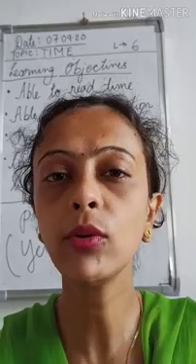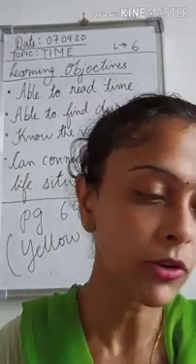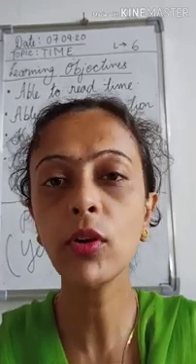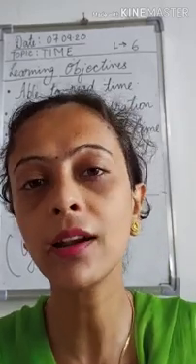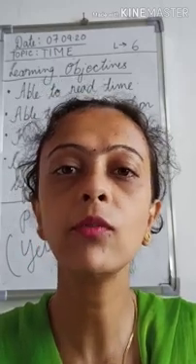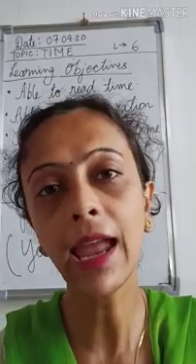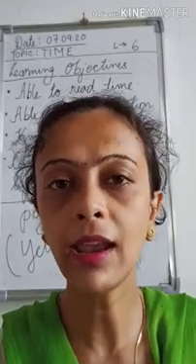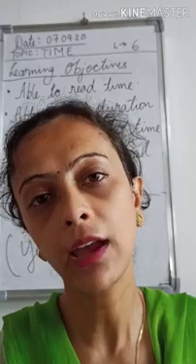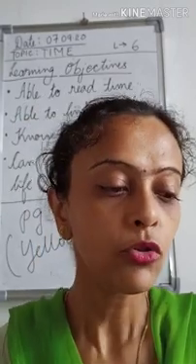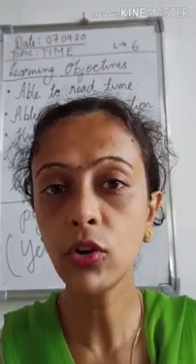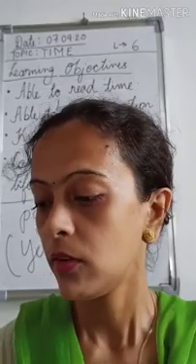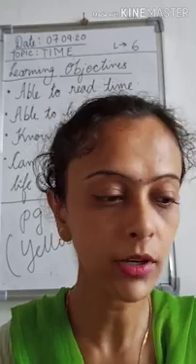In that case, you have to subtract the duration from the end time, because you are going backwards. You are going to the starting time, so you have to go back. That's why we subtract it. And when we find the end time, you are moving forward, so you have to add the duration to the starting time to get the end time. These are the 3 things you need to remember, understand, and note down in your copy. I hope you all have noted it down.